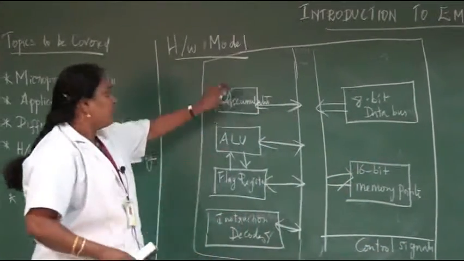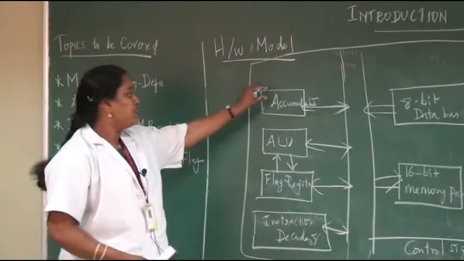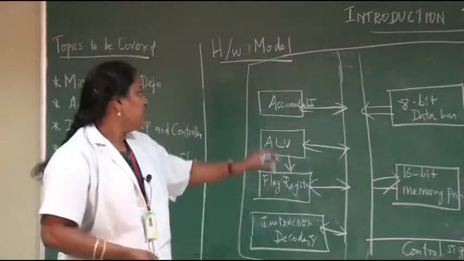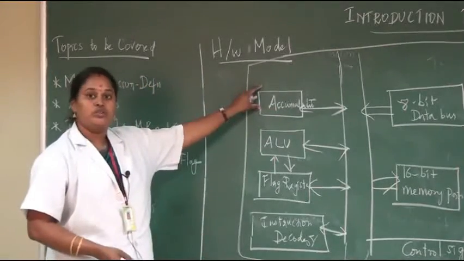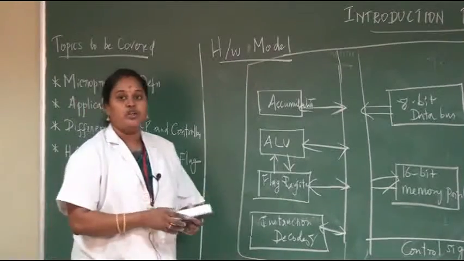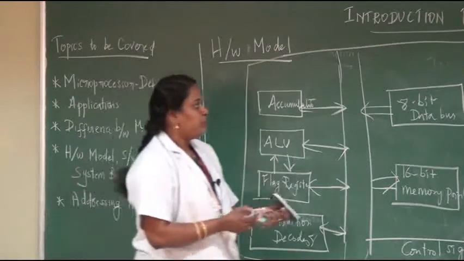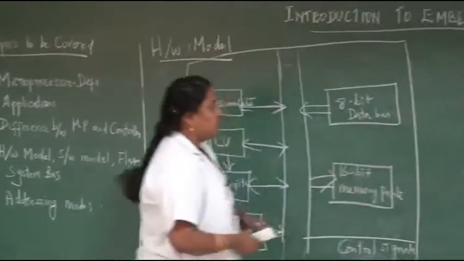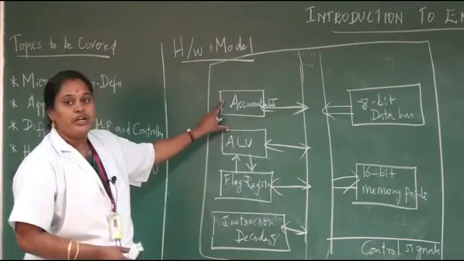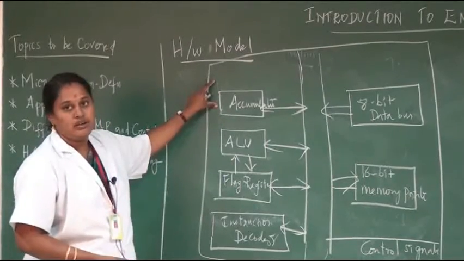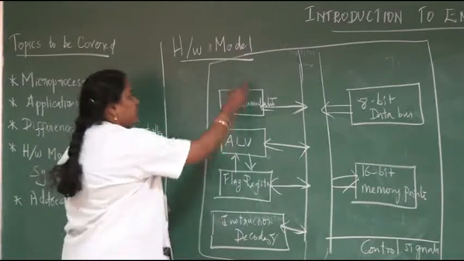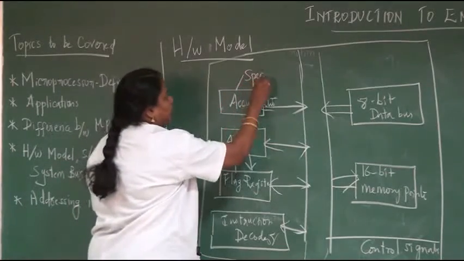Now, what do you mean by an accumulator? An accumulator is a special purpose register. And why do we say it is special purpose? Because it is a register which stores one of the operands of the arithmetic operations. As we know, arithmetic operations include addition, subtraction, multiplication and division. So suppose we perform addition, subtraction, multiplication or division, one of the operands must be available in the accumulator, and the result of the operation must be stored in the accumulator. That's why it is referred to as a special purpose register.